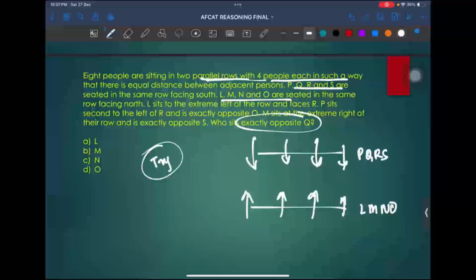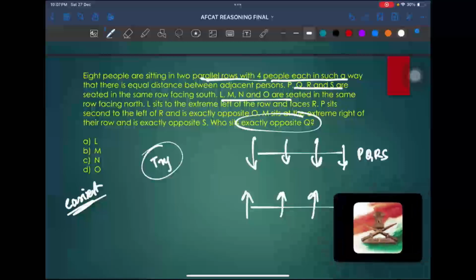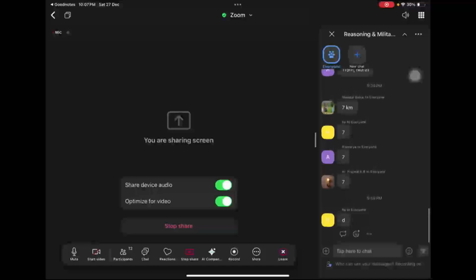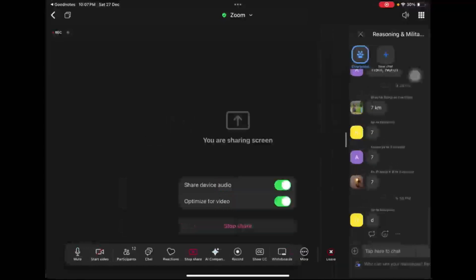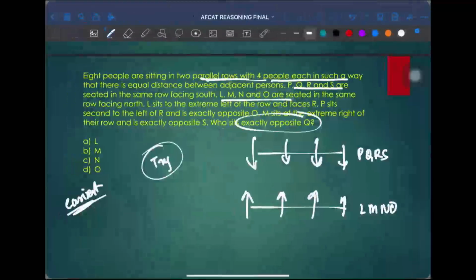It is one of the easiest questions. Try to solve this. I need your answer, guys. Or else